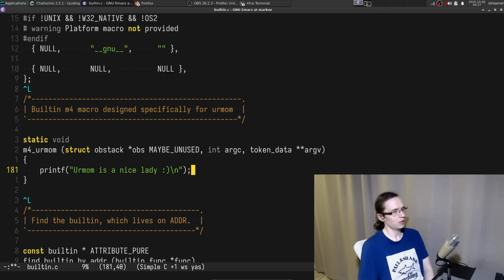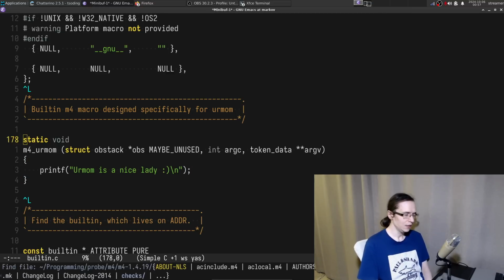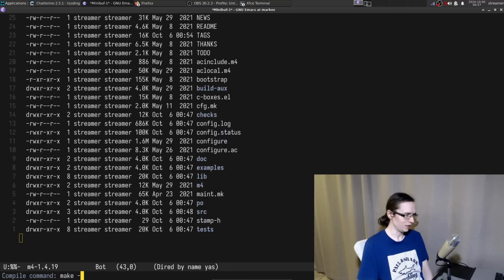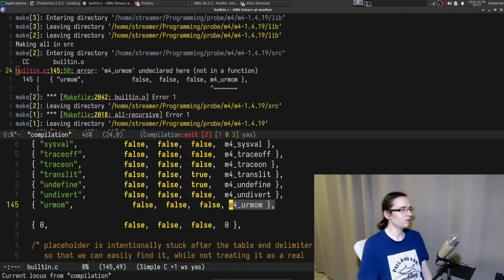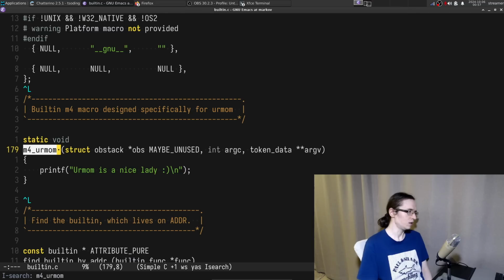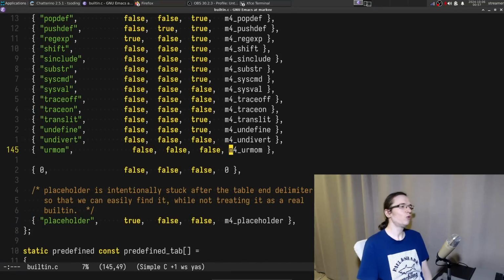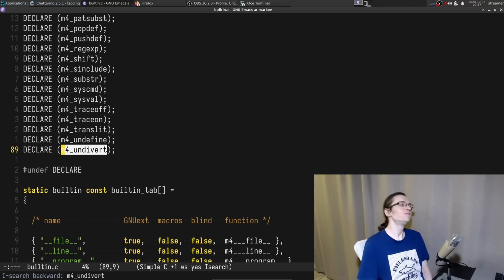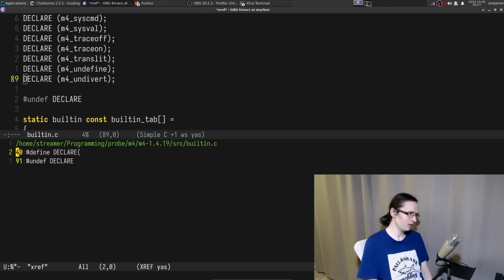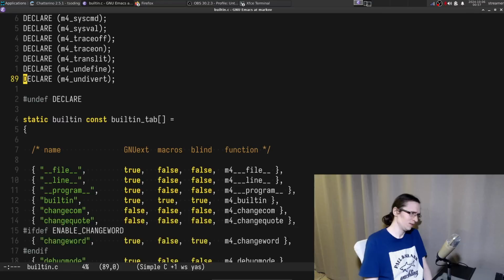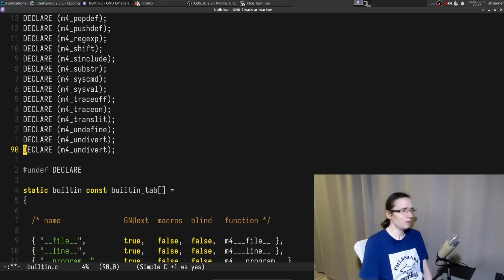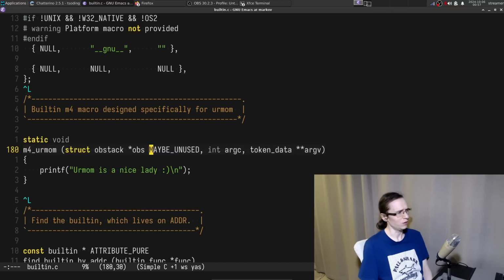You know what I'm talking about? I don't really know how to do that yet. But I'm going to try. All right, so can I just rebuild this entire thing and see if it's going to work? Okay, so M4 mom declared, but here, but not a function. Huh. But I never forward declared this entire thing. Okay, and they have a special macro to forward declare this entire stuff. Why do you need a macro for that? Okay, I mean, fine, but this is kind of a weird macro.